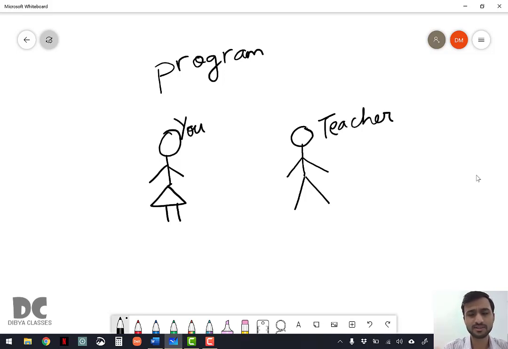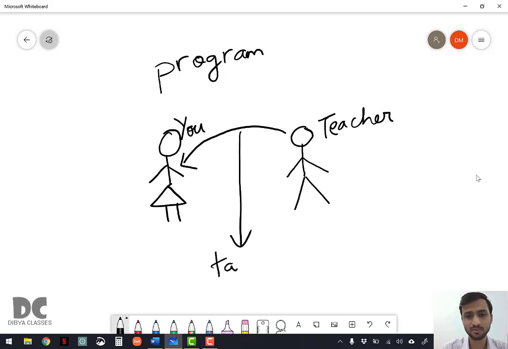Your teacher asks you to bring his red pen from his office table where he is sitting. Okay, this is called a task. The task is to bring his pen, red color pen, right, red ink pen. The task is nothing but he's given some instruction, please go to my desk and bring my red pen.